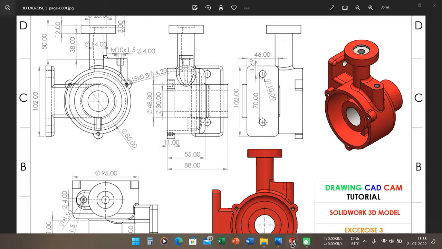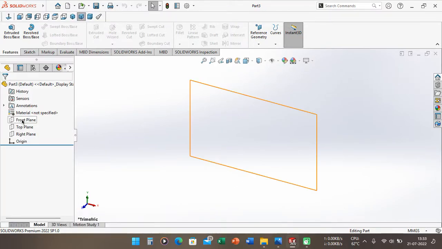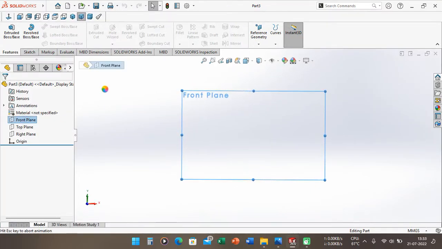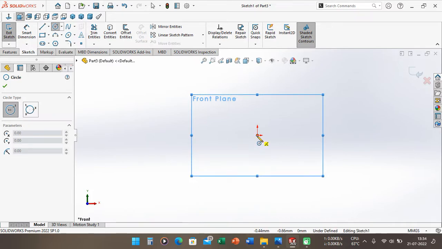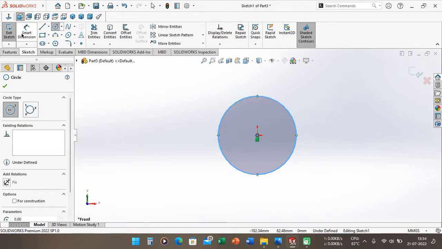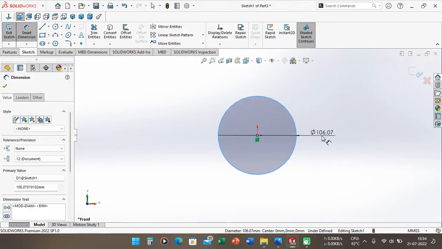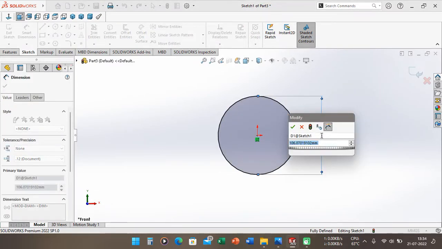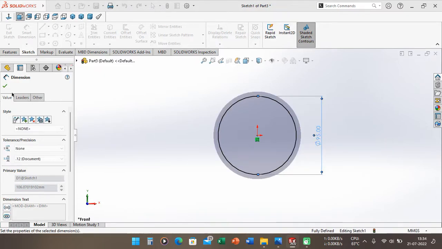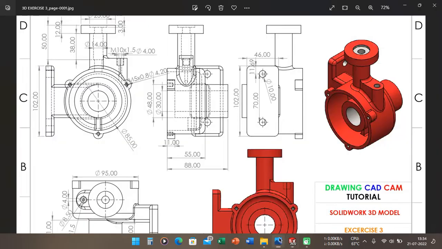So we can go to SolidWorks and choose the front plane here. I want to make the circle here, and we can give the dimension here, and we can define 95 millimeter. Okay, so if we see again on this sketch, the thickness of this section